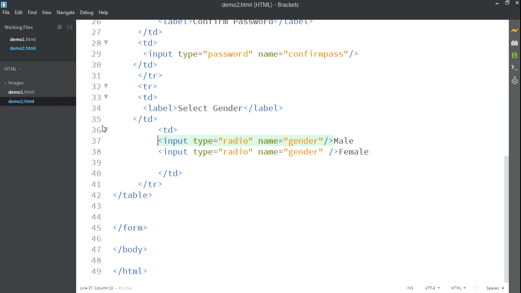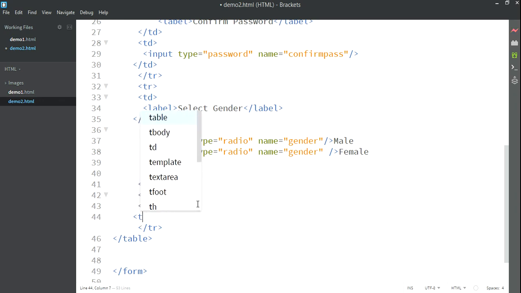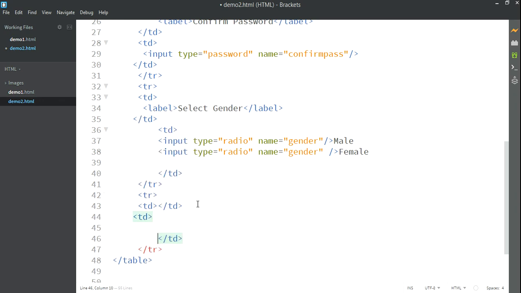Now next we will add another row with a td. In this case I don't want to add any label, so I'll keep that td empty. In the next td I will add input type as submit, value, and say register.